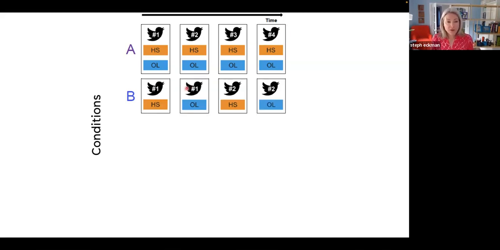Condition B looked a little different. We broke each tweet up so that it had 2 screens associated with it. So we see tweet 1, and we code, is this hate speech? Yes, no. Forced choice, yes, no question here. And then we see the same tweet on a second screen, and we code offensive language, yes, no. And then on the next screen, it's tweet 2, hate speech, yes, no, and then tweet 2, offensive language, yes, no. So here we've got 100 screens, but we're essentially collecting exactly the same information, right?